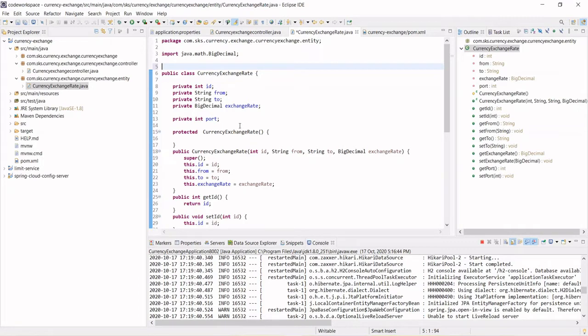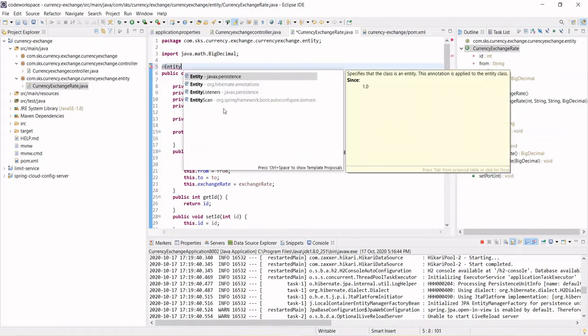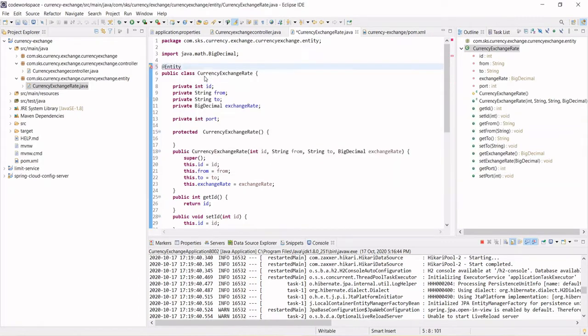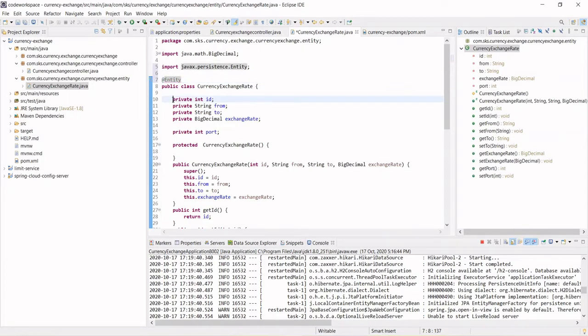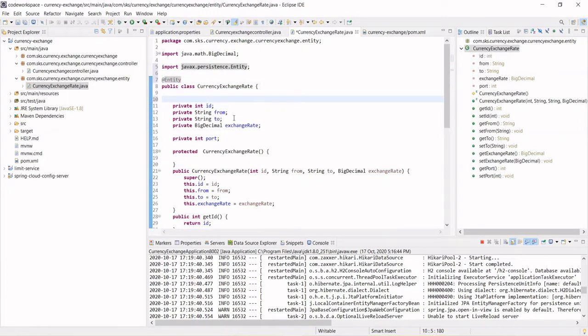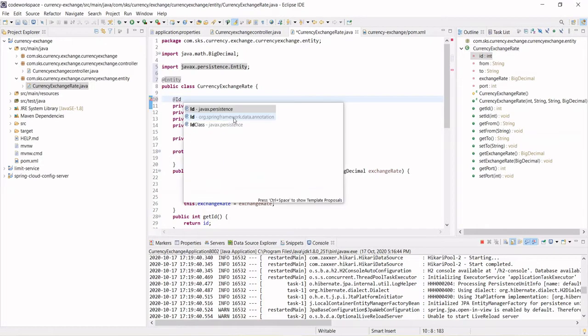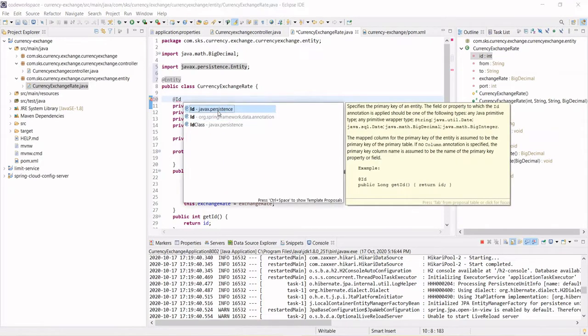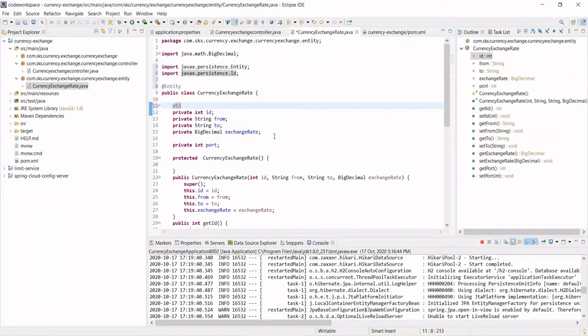This will be the object that stores the DB data, this bean. So I will add the annotation @Entity. Okay, so just import javax.persistence, and I want this id to be the primary key, so annotation @Id, and that's it. You don't need to do anything else.